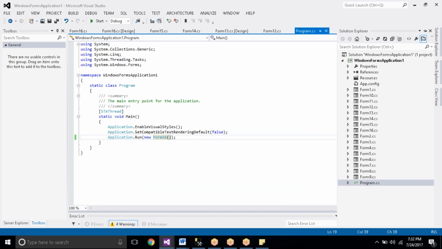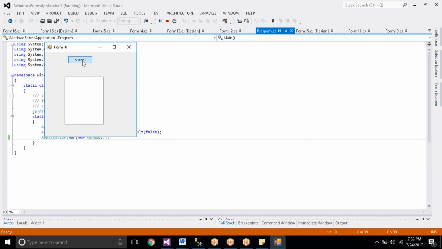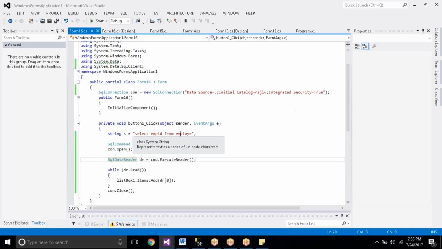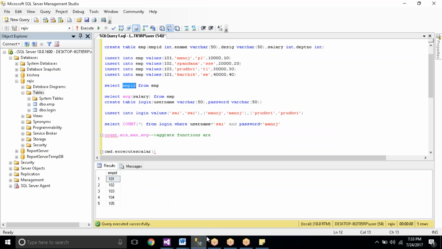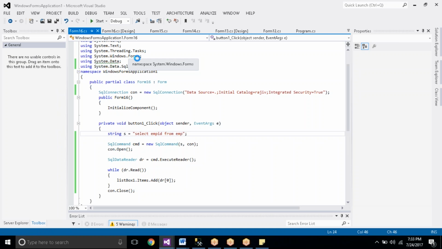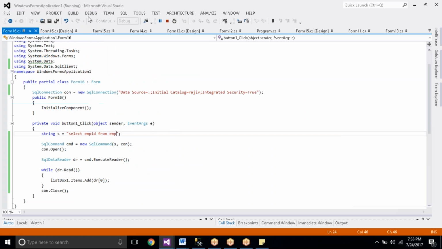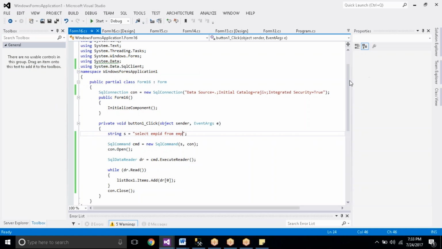I'm executing this. So here when I'm clicking on this button, we need to get all the records. There is some issue, it is going to throw some error. What is the table name, all of you? Select star from EMP, right? Select EMP ID from EMP. That is the issue. What is the name of the table in the backend? EMP. We have taken it. That is an issue. Now see, I'm again clicking on this button. Came, all the values? Yes. Now take the screenshot of this, all of you.